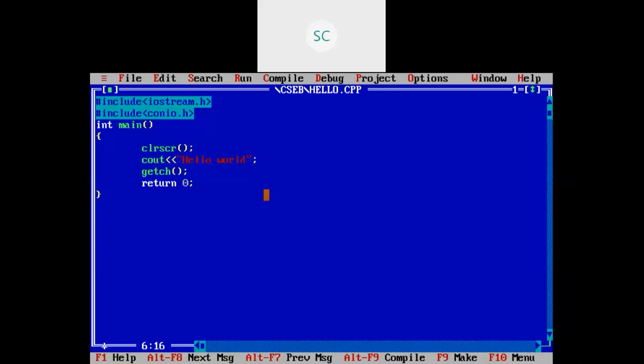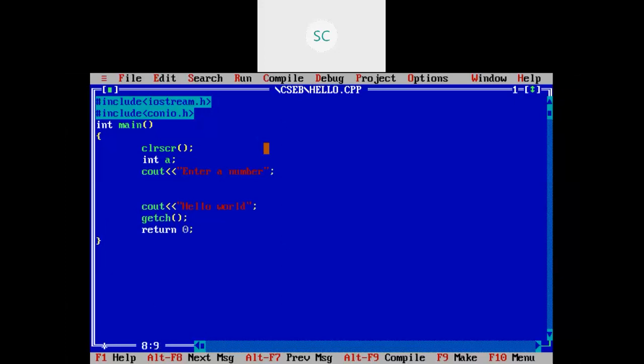In the same way, if you want to read data from the keyboard, for example, just consider int a is there. I want to read some data from the keyboard. How can you do it? First, I am writing one cout statement: enter a number. What will it do? On the output screen you will see the message enter a number.